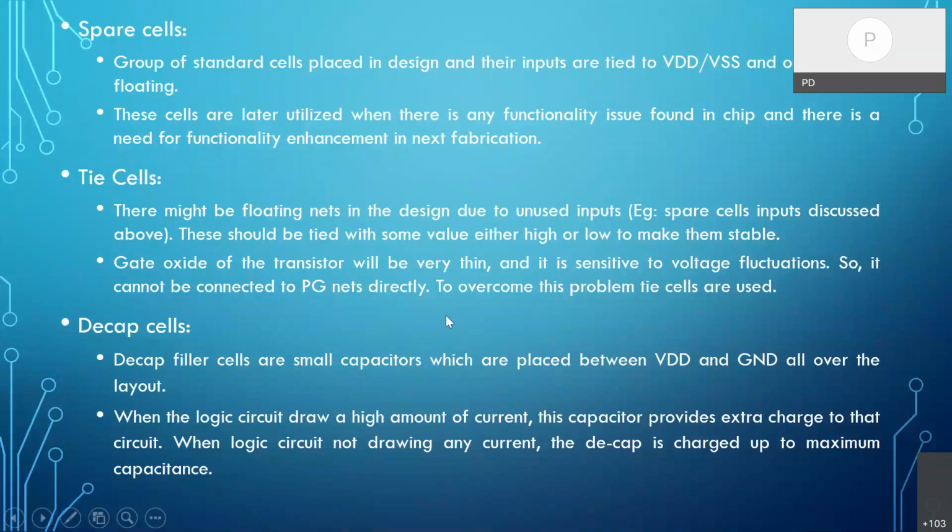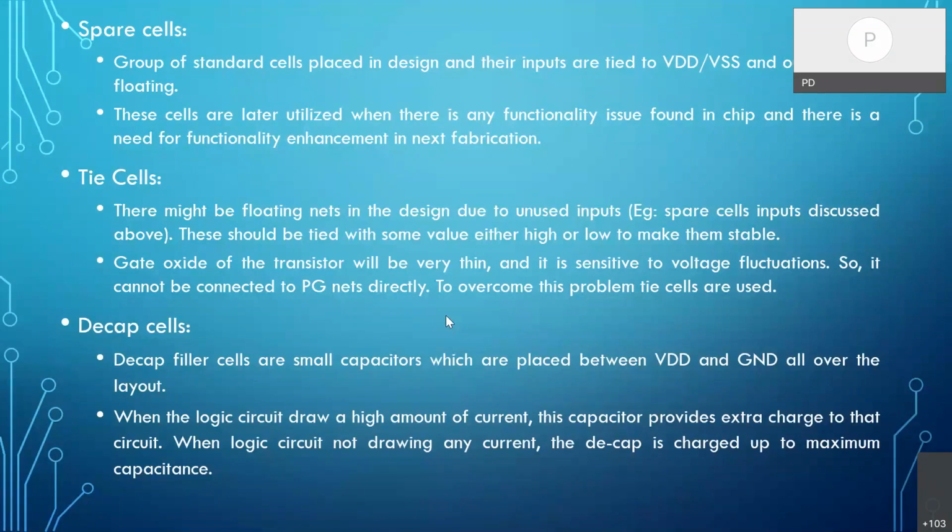Then the decap cells. Decap cells will be placed where there are power-hungry cells. Say we have the VDD and VSS traps, and due to many reasons, those traps will not be able to supply the required voltage to all the cells at the same time.